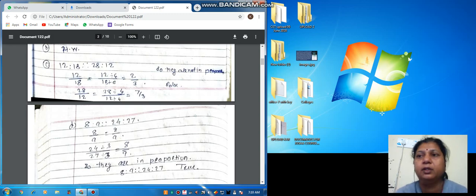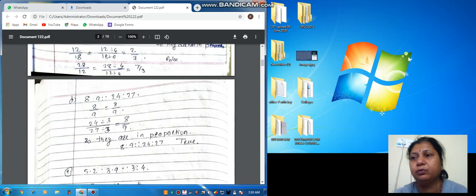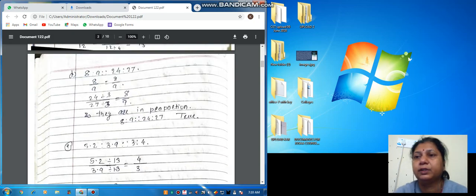Now next ratio 24 upon 27. It can be divisible by 3. 3 8s are 24, 3 9s are 27. So it is 8 upon 9. Both ratios are the same, so they are in proportion. So we can write here 8 as to 9 are in proportion with 24 as to 27. It is true. Now next,